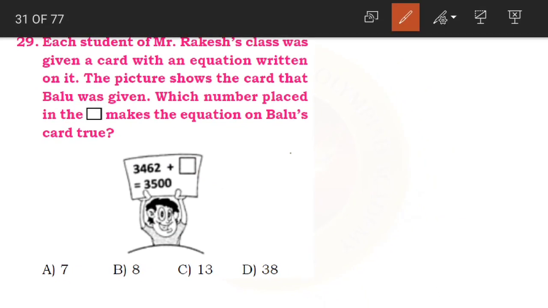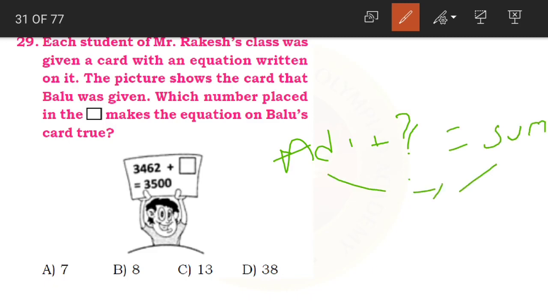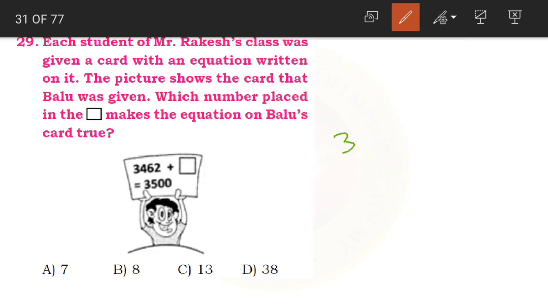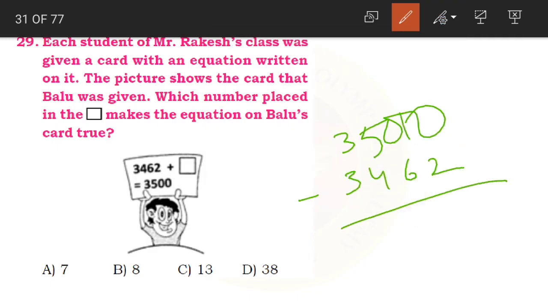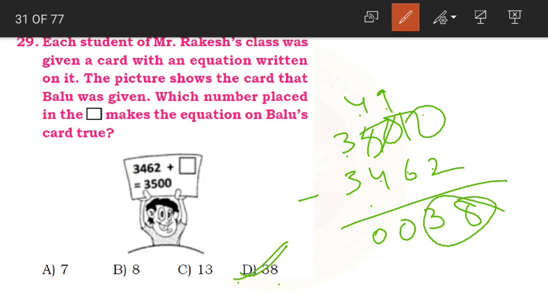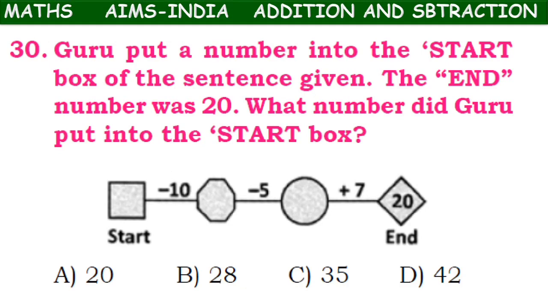Very good. Through subtraction. Addend 1 plus something is equal to sum. So we subtract addend from the given sum. 3,500 minus 3,462. Now zeros 10, 9 and this becomes 4. 10 minus 2, 8. 9 minus 6, 3. 4 minus 4, 0. 3 minus 3, 0. What is our answer, children? 38. So option D, 38. 3,462 plus 38 is equal to 3,500. Yes, children, this is how we solve this one.